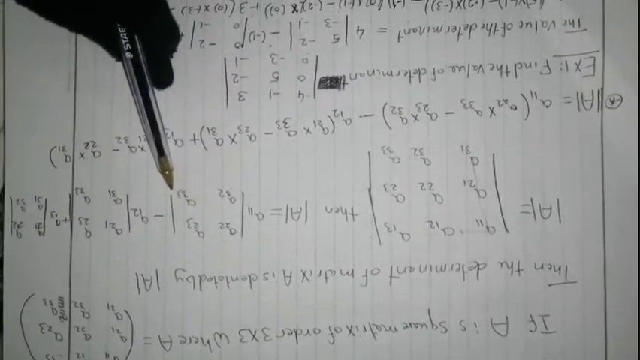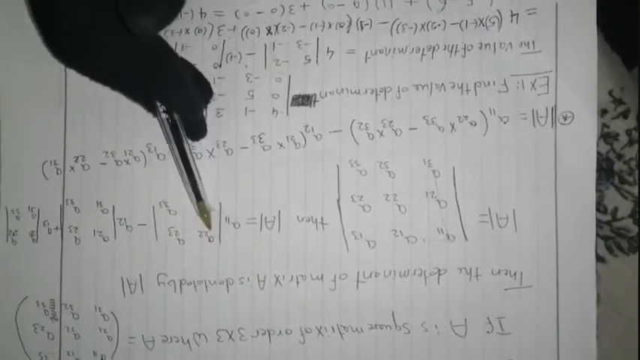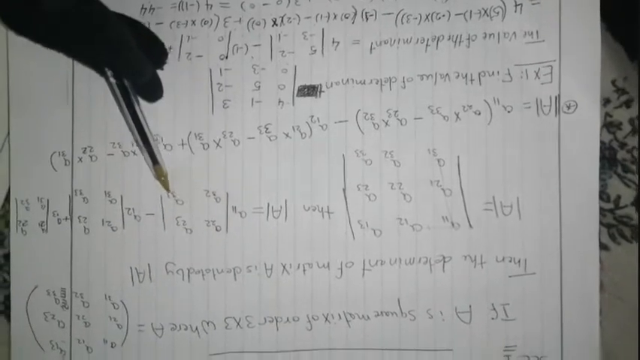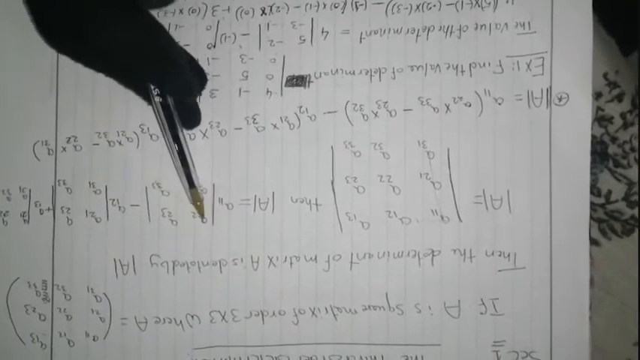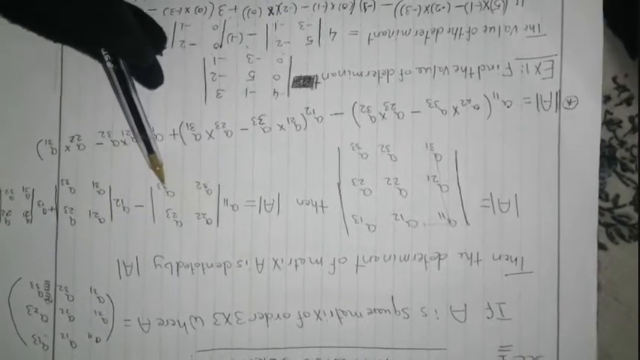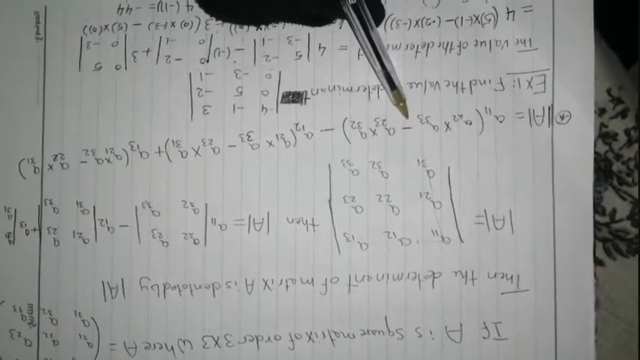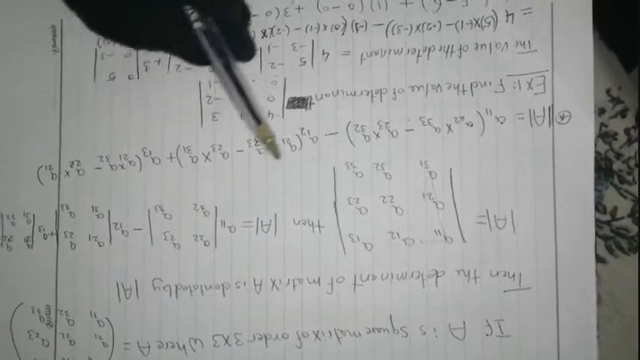Now, how to find the value of determinant A22, A23, A32, A33? I write A11. Then, what is the principal diagonal? A22 and A33. We make the product A22 times A33, minus the product of the other diagonal, A23 times A32, minus